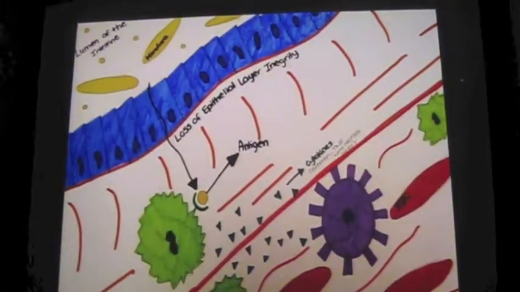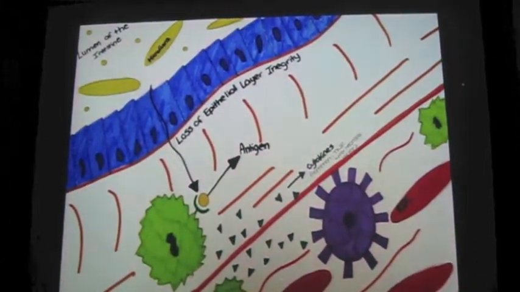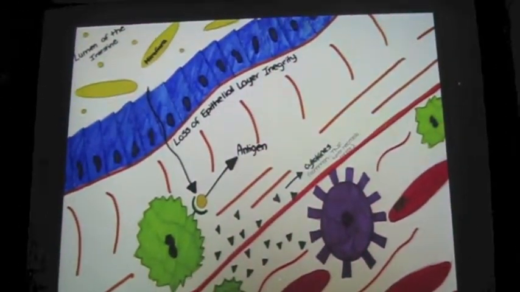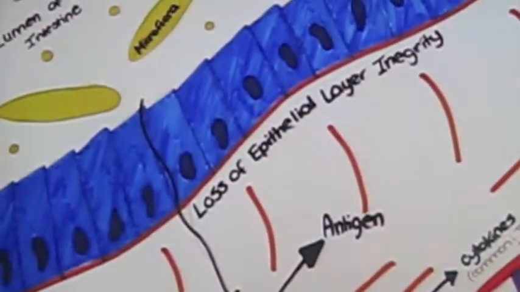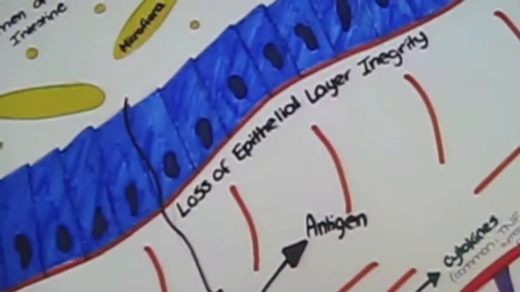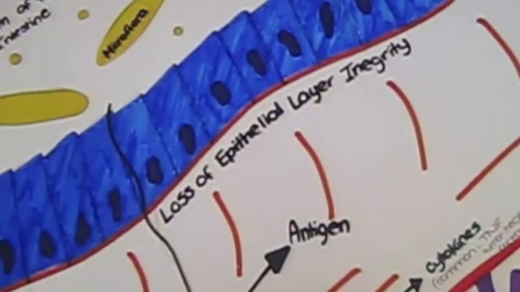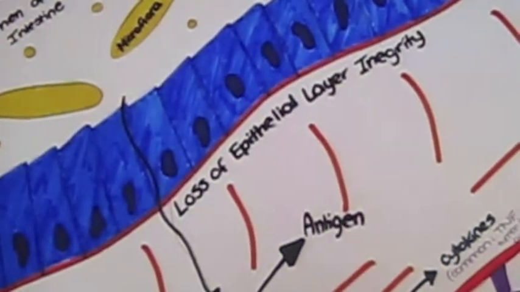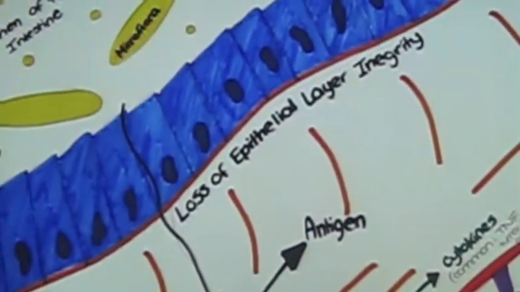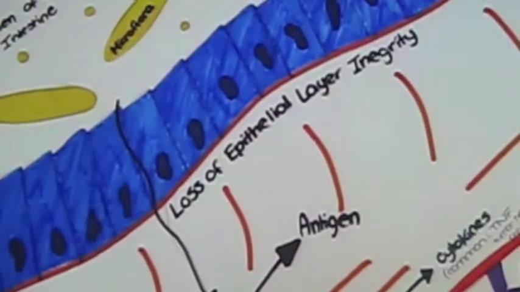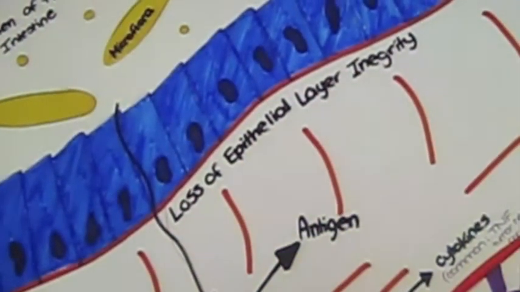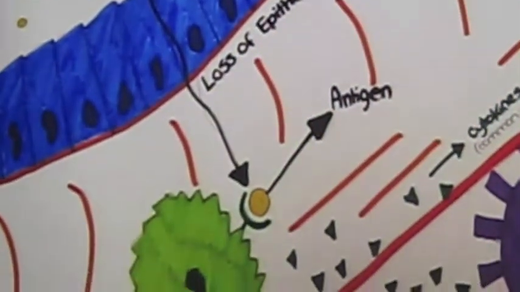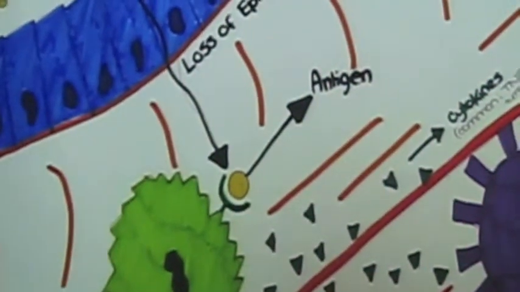On the cellular level of how Crohn's works, we can look at the layer of the intestinal wall again. First of all, in the epithelial columnar layer, there is a loss of integrity where researchers think that the adhesion molecule, which is a protein attached to the cell membrane, has lost some of its abilities and causes the layer to be more leaky, therefore letting in some of our normal microflora or other bacteria that's normally there in our